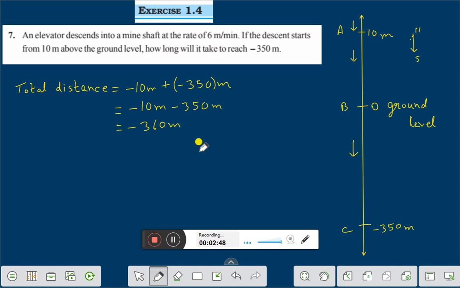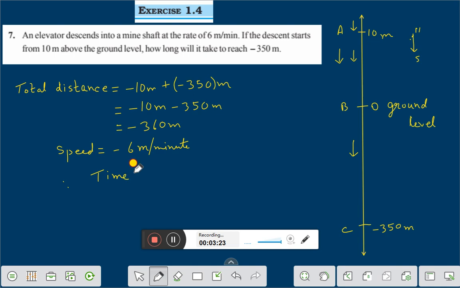Now the elevator is descending, that means it is also going in this direction. Therefore the speed of the elevator is also minus, because it is going in the downward direction. It is minus 6 meter per minute. Therefore we know that time is equal to